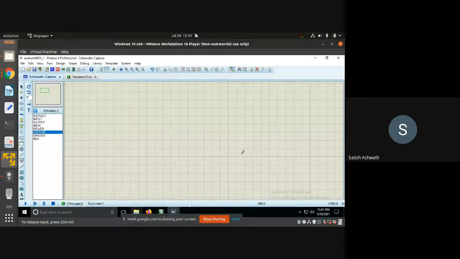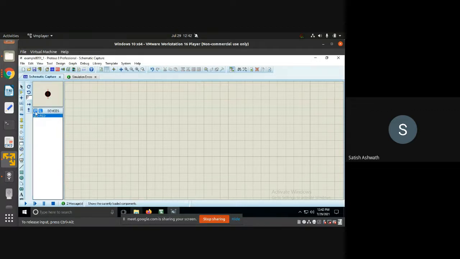Now I will go back to the component mode. There's a triangle here, that is the component mode. This is the terminal mode we are currently in to select the power and ground. To exit this, place components again, go to component mode. Whatever components you choose once will remain in the library here, and as long as you don't delete from this library, it will be available here for quick use. That means we have selected the LED once. It will be available as long as you don't delete it from your current project library.